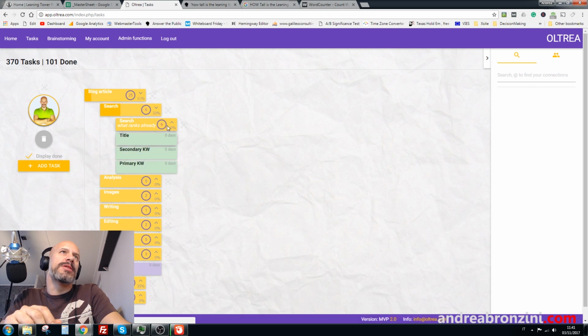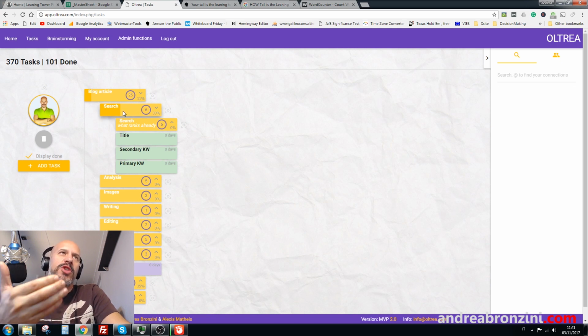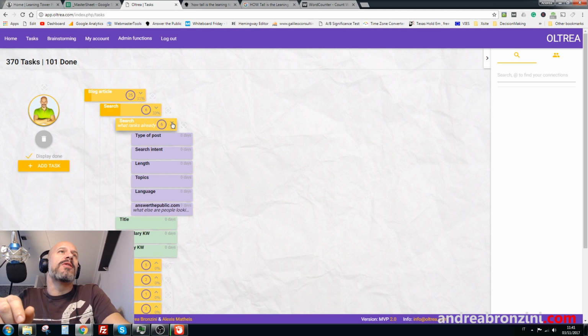Now, you see that as I mark this done, the number here decreases. Now we have 3 done and there are 25. Good. So you also know that these yellow things are actually progress bars. As I mark things done, this advances, and now my completion on search is 33%. My completion on the entire process is 11%. So it's a really cool tool to keep track of your things. Now,